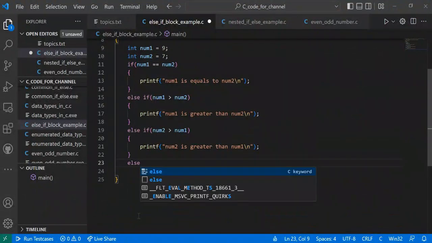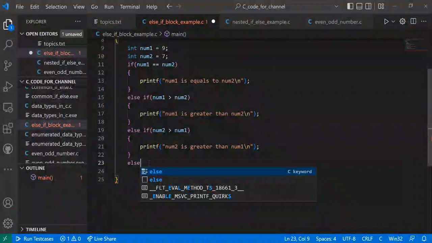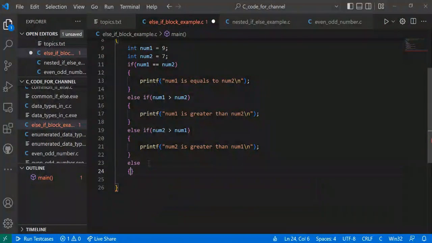Else, we don't need to write this block. We can write just an else statement, but to show you the correct use of the else if statement, I am using else if. Okay, in this else statement we